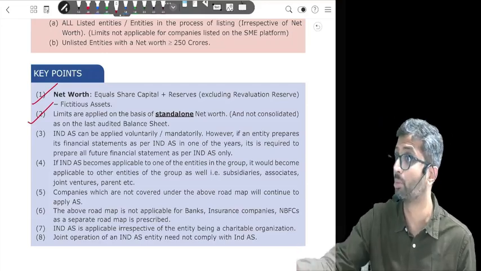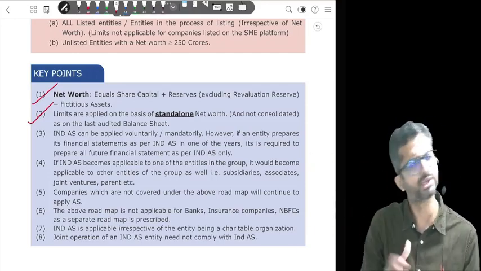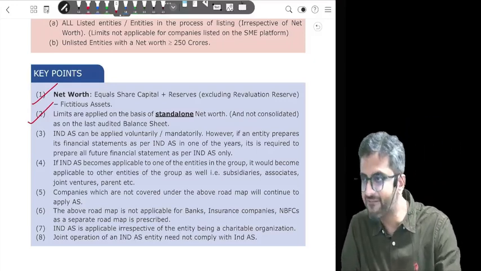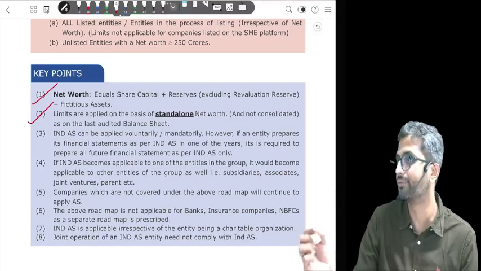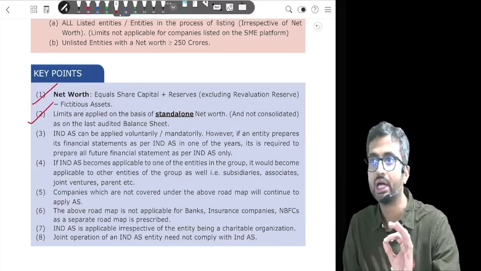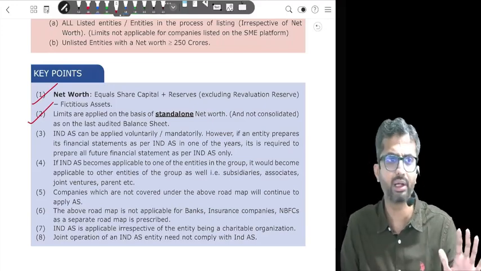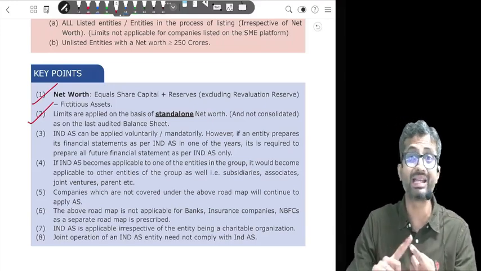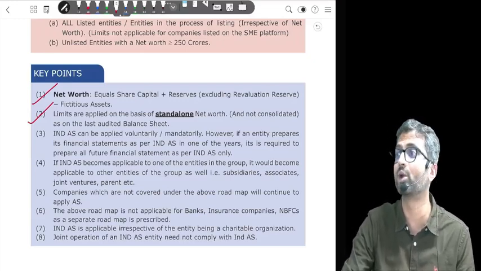Now, some of them may be a Section 8 company, you understand? Charitable purpose. We say so be it, it's still a company. And as a result, every entity in your group, the moment one of them touches Ind AS, every other entity will also touch Ind AS. Is it mandatory or optional then? Mandatory. It is mandatorily required. Are we clear with this? Yes, okay. The only exception over here is a joint operation and also something called a fellow subsidiary.